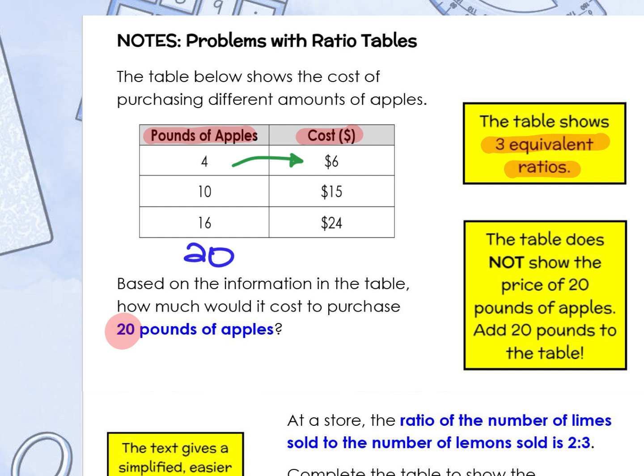It doesn't matter which one we do. So if we do 4 times 5, if it's times 5 on the left, then we need to do times 5 on the right. So 6 times 5 would make $30. Okay? All right, another strategy that we could use here is that we could take